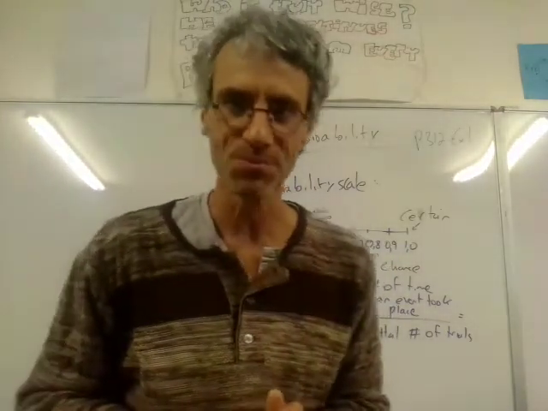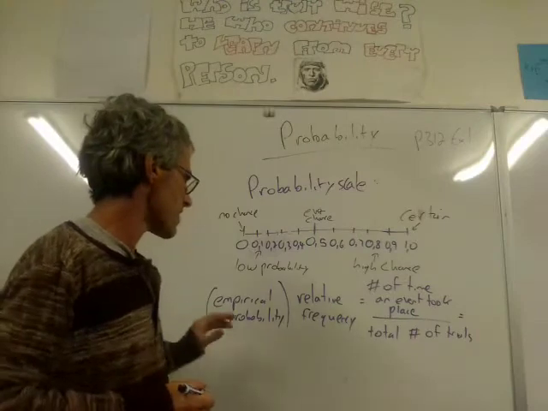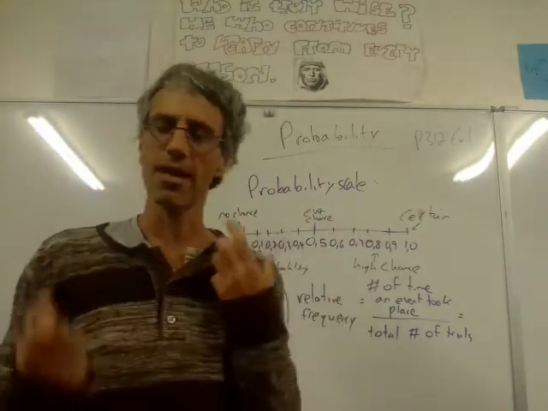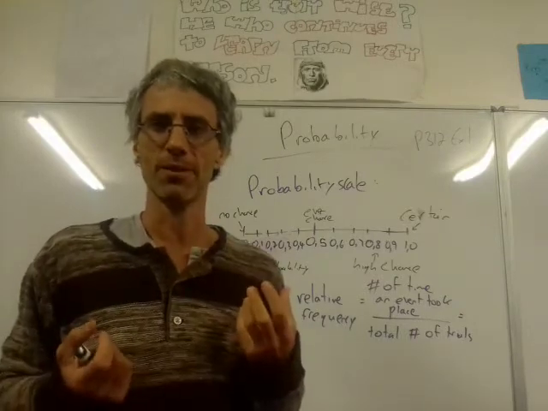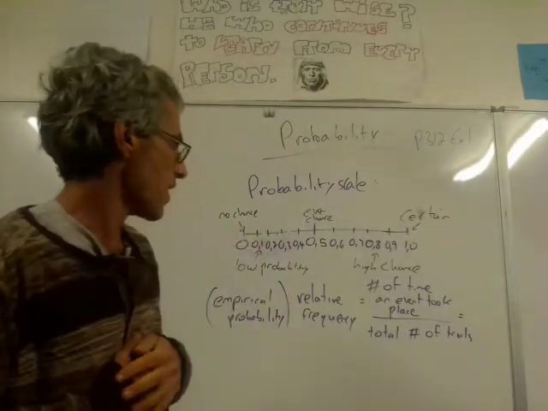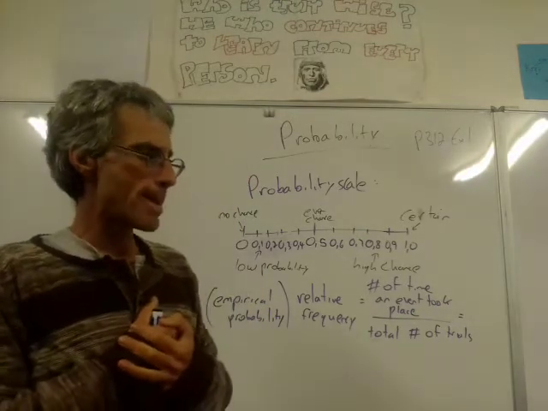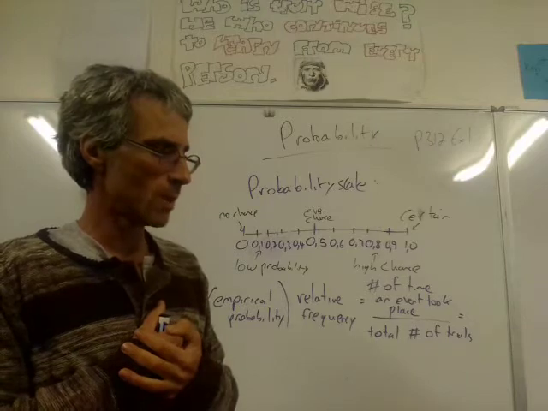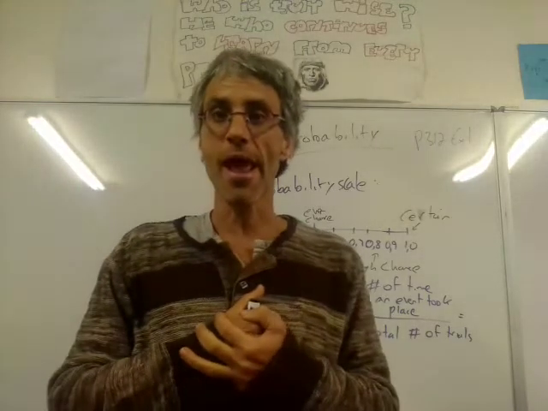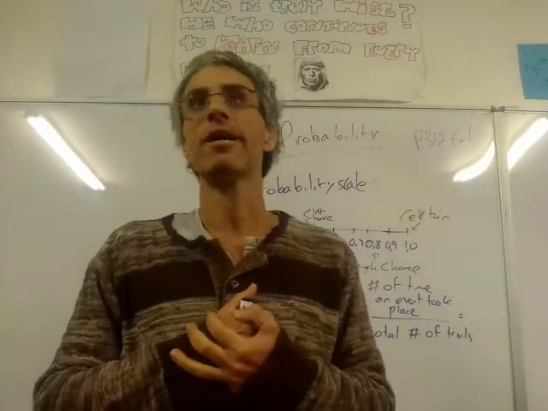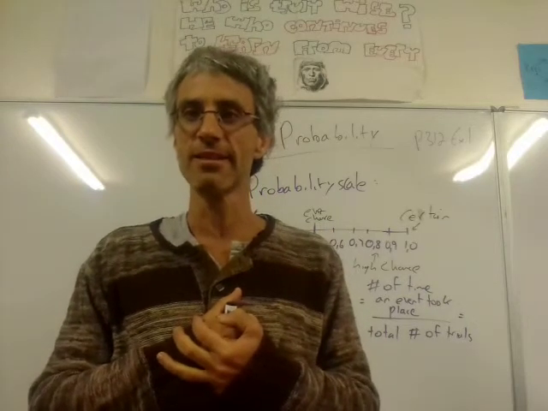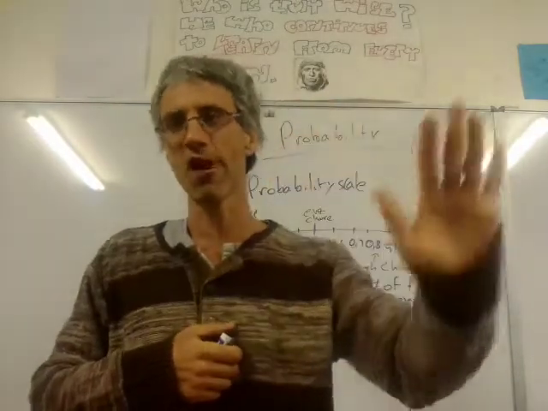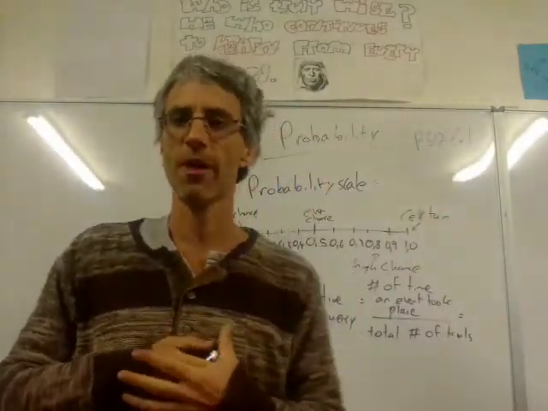Pretty easy, isn't it? Now, another thing that we're going to talk about is what you call relative frequency. Another name for it is empirical probability. So what does that mean? To give you an example, let's say it rained 5 days in the month of April. So we had 5 days of rain in the month of April.